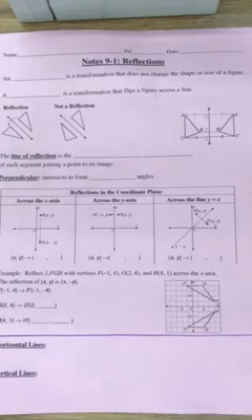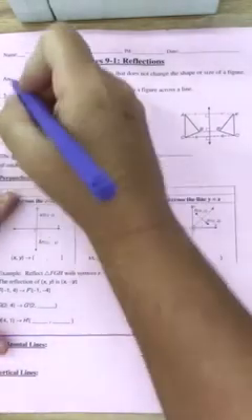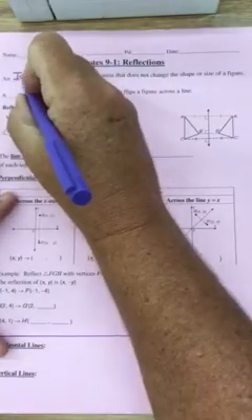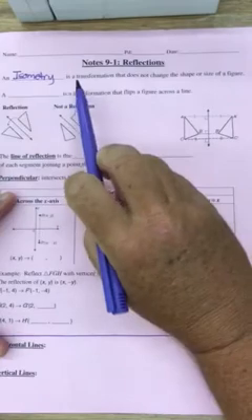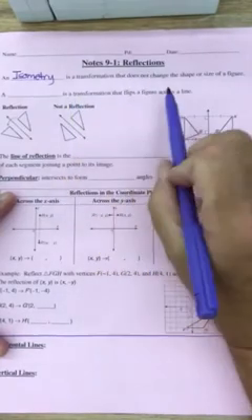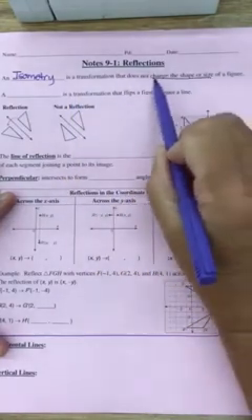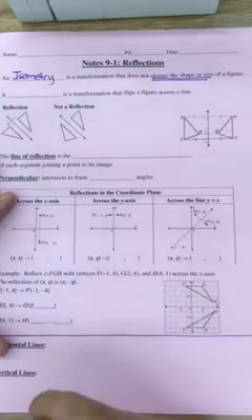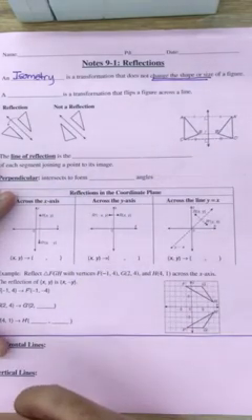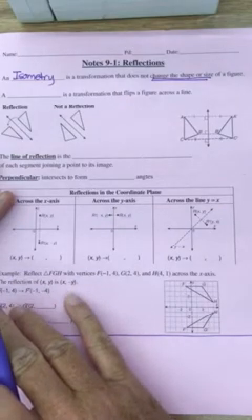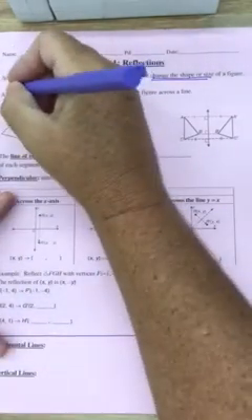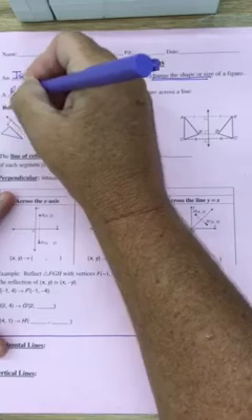The first vocabulary word that you have for this lesson is called isometry. An isometry is a transformation that does not change size or shape. So it stays the same size and the same shape no matter what you do to it. That's an isometry. A reflection, which is the lesson for today,